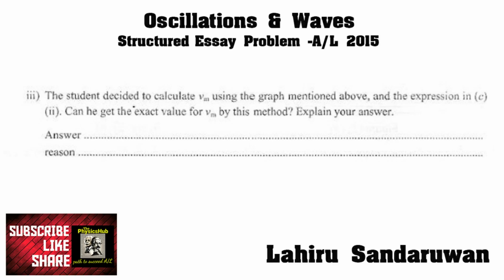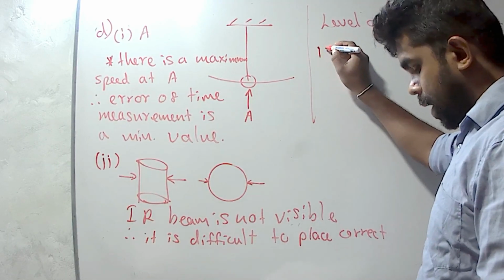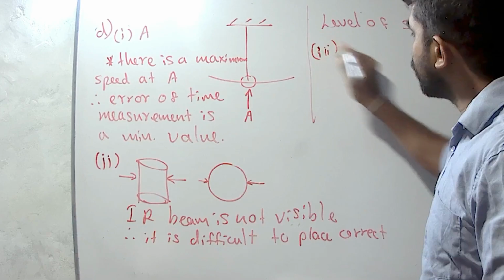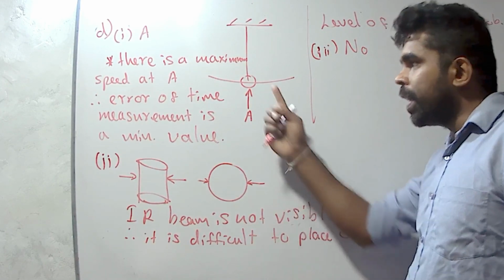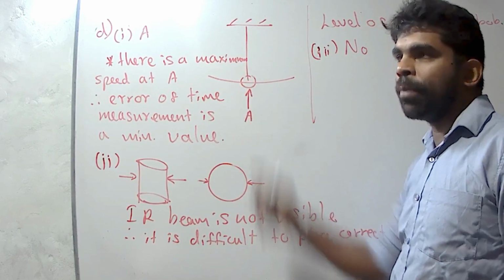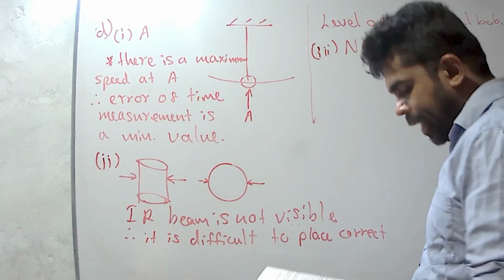Part 3. The student decides to calculate Vm using the graph mentioned above and the expression in C2. Can he get the exact value of Vm by this method? Explain your answer. No, he can't get the correct velocity, because he can observe readings for the maximum velocity position. Velocity is changing with path. Therefore, you can write